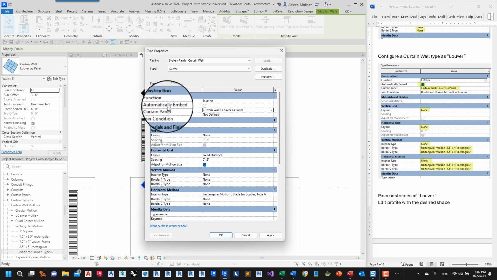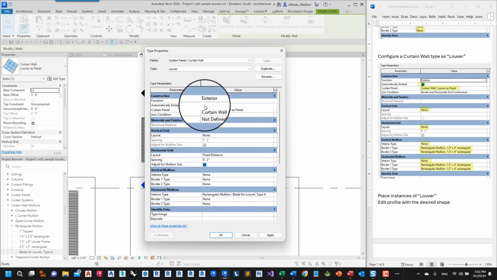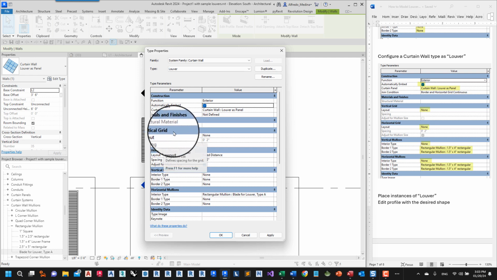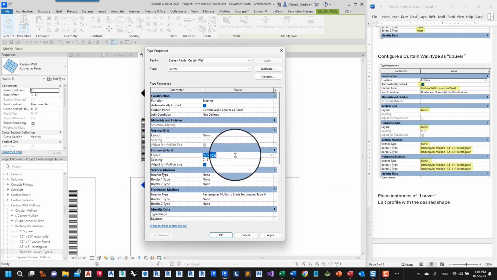And then automatically embed, yes, because this is the louver that will go into a masonry wall. For vertical grid, none. For horizontal grid, none.